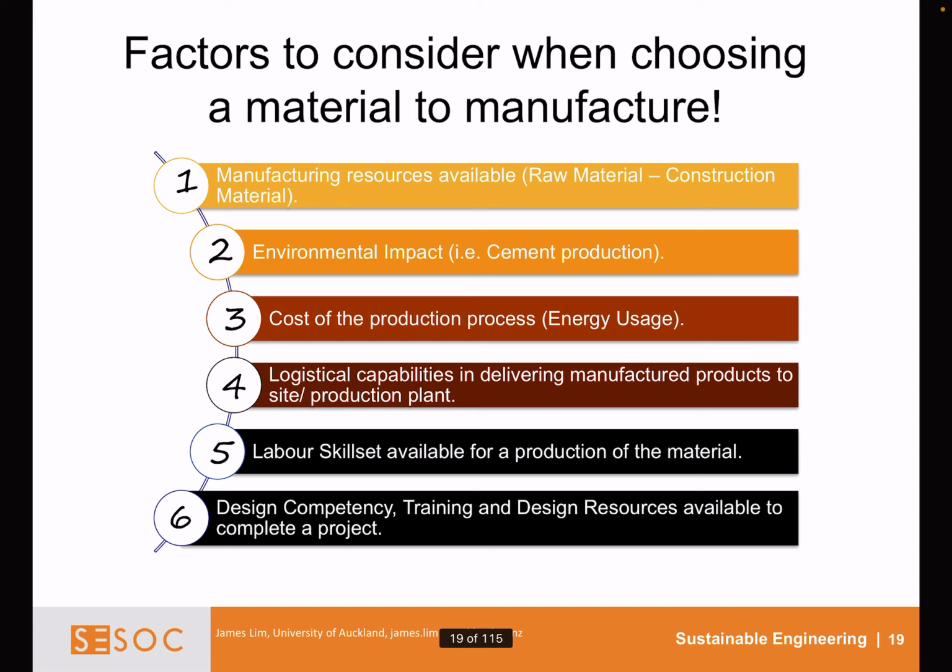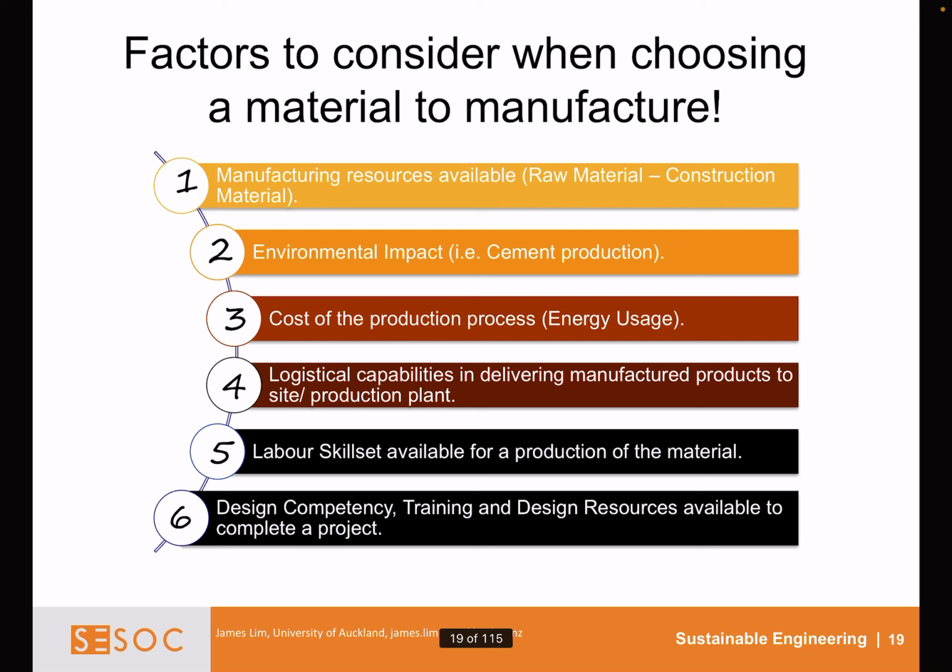Number 3, cost of production process. If the production resources are not available to us, it may cause heavy financial burdens to purchase the required equipment. This should be a key factor considered in the material selection process. The question that should be asked by manufacturers is, what future is there for this material in the built environment, and would there be contract for the production of raw materials for the next 10, 15, 20 years?